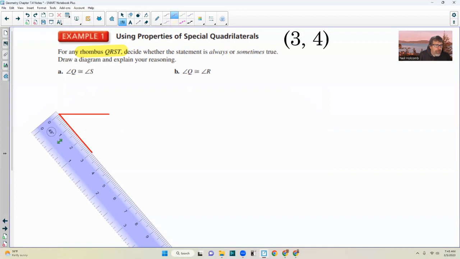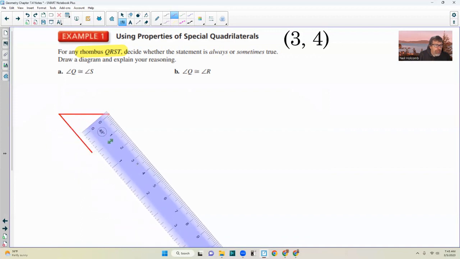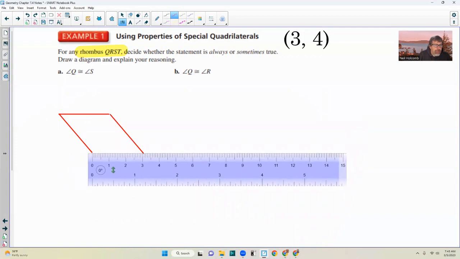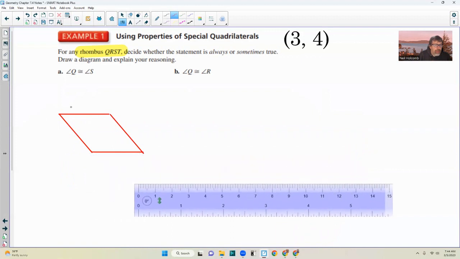So if I keep that very same angle, come over here and make that length 3, and then rotate this back like so, and put this here, this distance here should be 3, and that is a rhombus of side lengths 3. So this is 3, this is 3, this is 3, this is 3. I have an acute angle, I have an obtuse angle. So it is not a square, it is not a rectangle, but it has 4 congruent sides, so it is